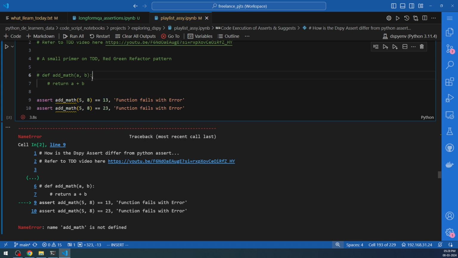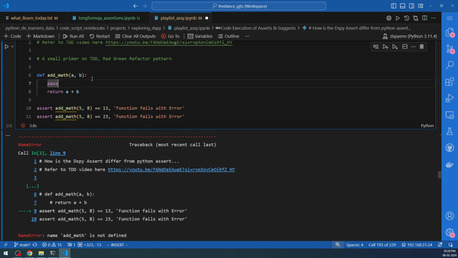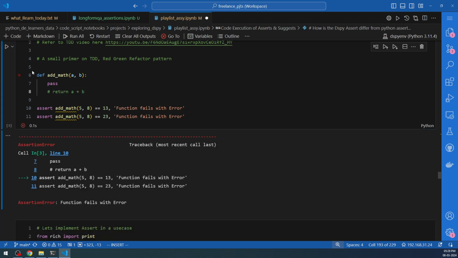Now let us do something else. So let us actually go up here, and instead of doing a return like this, we are going to pass it. Meaning we are going to now remove the name error. So this will remove the name error, but this will have the function fails with the error, because this function is not returning anything. But here this assert is expecting that this function will return something, and we can check that value with it. So okay, you see that this function fails with error is getting printed here,